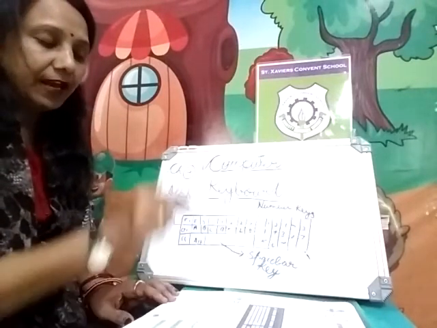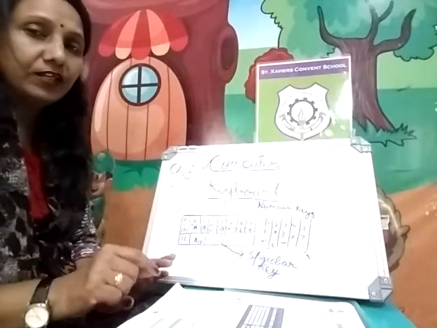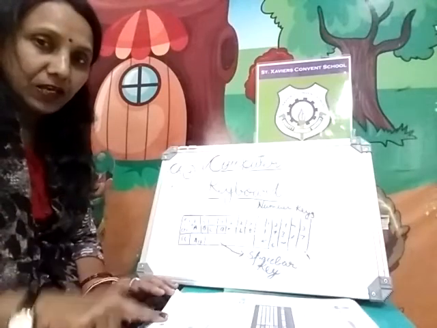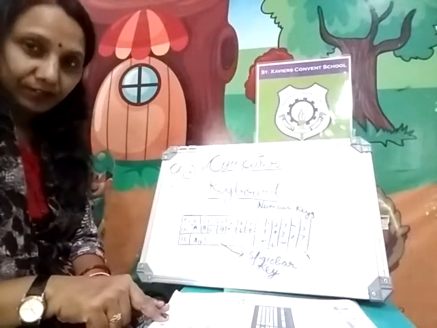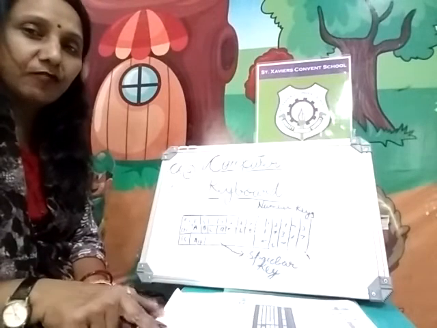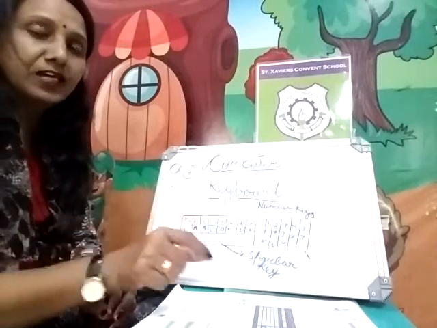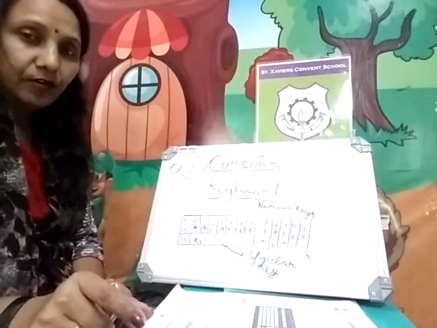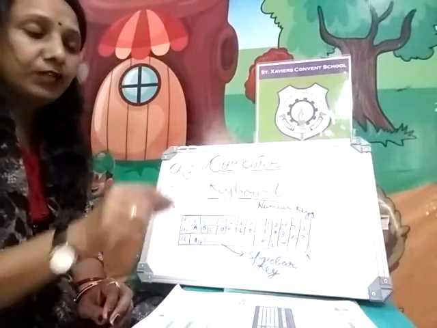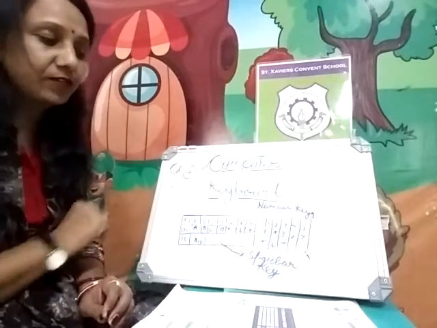Suppose you have written alphabet and then you have to write key. So how will you write key? Just one space, then you write key, the spelling of K-E-Y. So the space bar helps to give the space between the words. When you write a sentence, that one gives a space. That's why it's called space key.